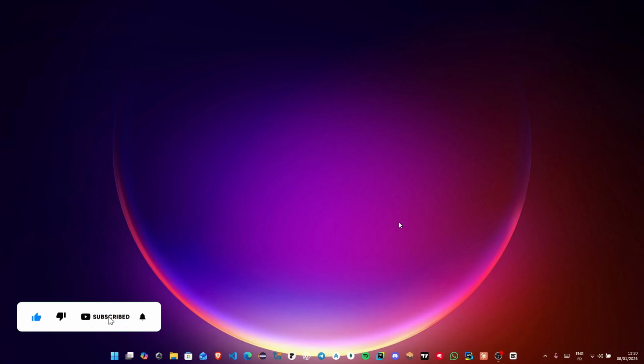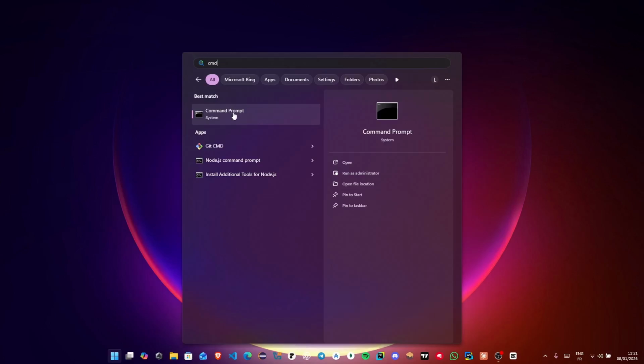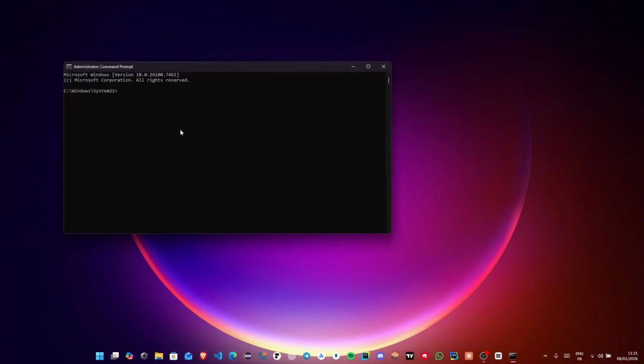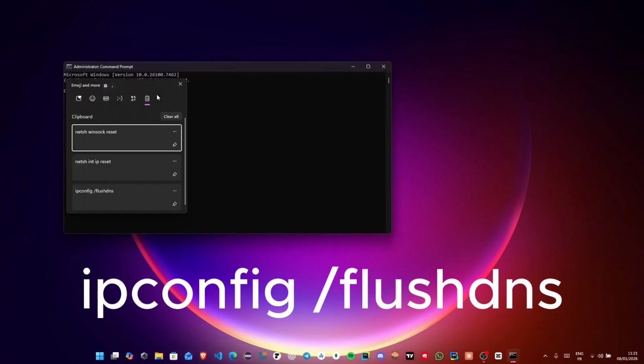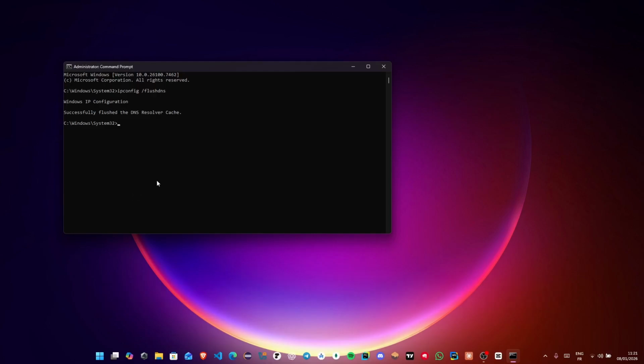Now if the problem is still not fixed, what you want to do next is open the Windows menu and search for CMD. And once Command Prompt shows up, just right-click on it and select Run as Administrator. Now once the command prompt opens, what you want to do is type this command, ipconfig /flushdns, then press Enter. Now after that, type this next command,